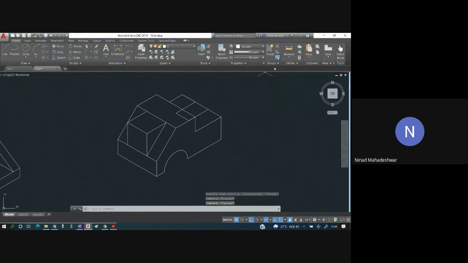Okay, ये हो गया. But since this is the top surface, ये surface जो ऊपर का दिख रहा है, ये दोनों points जो है अभी lines ये नहीं दिखेंगे. To trim this part, Control A, trim, ये part नहीं दिखेगा. Similarly ये part भी नहीं दिखेगा. क्यों नहीं दिखेगा? There is a slot over there. Slot का मतलब क्या है? वहां से एक हम लोग ने punch किया है, drill किया है. Everybody has understood this?